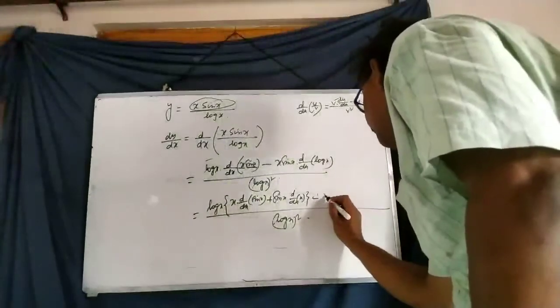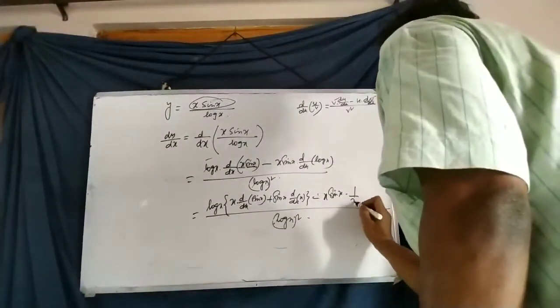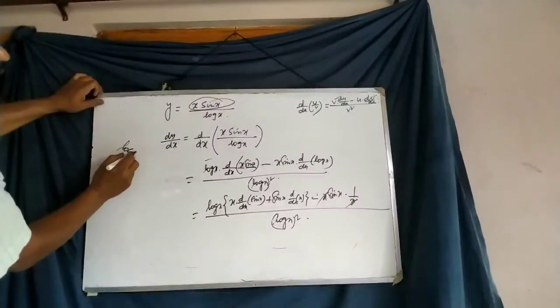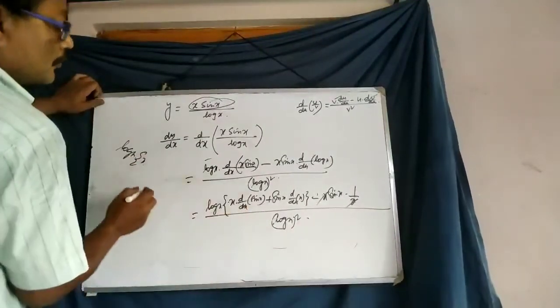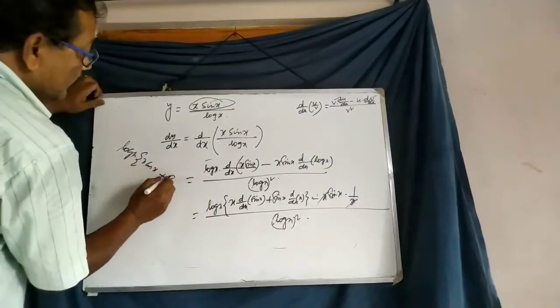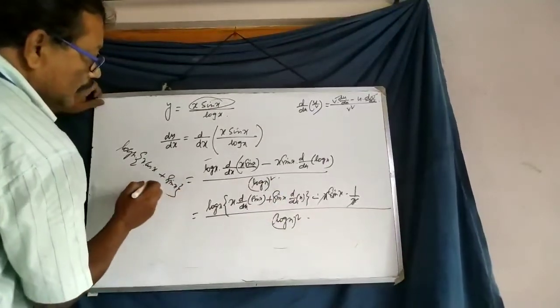And the second part, x sin x into d/dx of log x means 1 by x. So the ultimate result is log x into x, d/dx of sin x means cos x. Therefore log x into cos x plus sin x, d/dx of x means 1, sin x